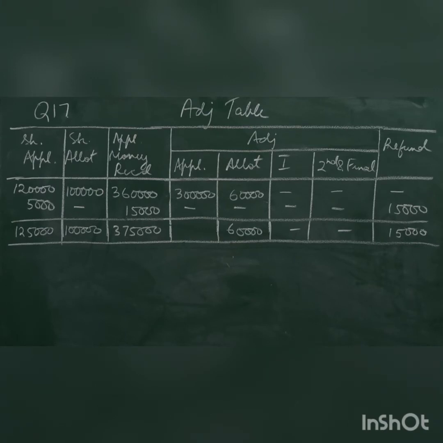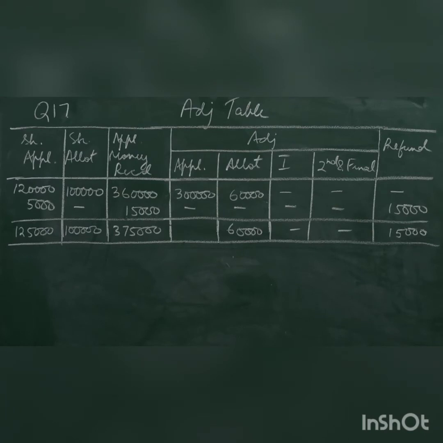The company has received 1,25,000 shares and they've decided to allot 1 lakh shares to the applicants of 1,20,000 shares. So we have one category, and the balance 5,000 were not allotted any shares, so that money received in application